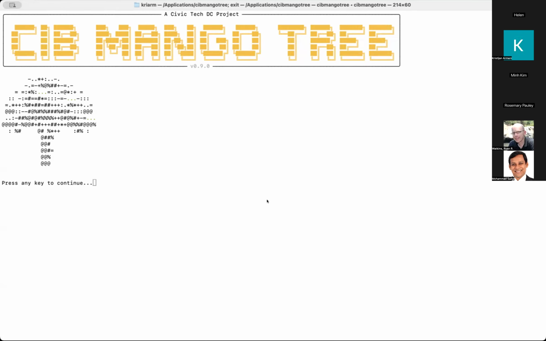Okay, so I'll do the demo of the tool. What I'm running here is a terminal window that I just extended through the whole screen, and I am running the executable that I just downloaded from our GitHub page. We have one for Mac and one for Windows, which had some problems recently. I downloaded and double-clicked the executable, and this is what shows up after about half a minute or so.